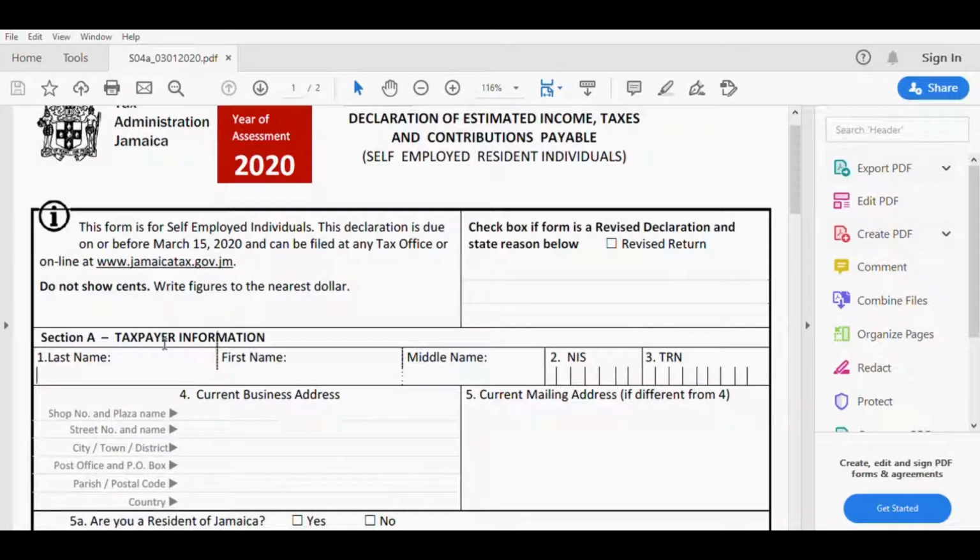We're going to fill it in using our fictitious character, Destiny Wait, and made up information. But don't worry, it will not be submitted to the TAJ. I'm just doing this to show you how you go about filling out the form. Of course, when you have access to your TAJ portal, you will be filling this out online, but I just feel like showing you how to do it on the form can still help you, because when you fill it out online, it will guide you through a series of steps,